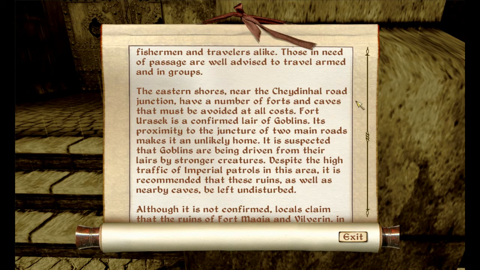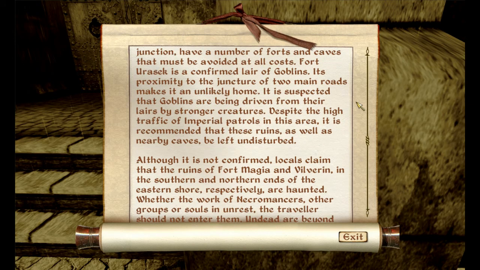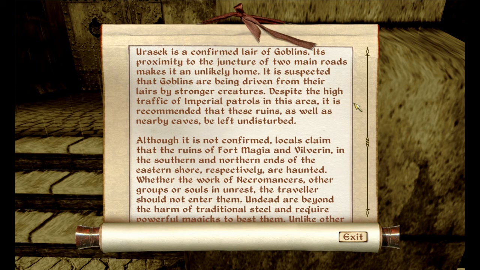The eastern shores near the Tradenhall Road junction have a number of forts and caves that must be avoided at all costs. Fort Urasek is a confirmed lair of goblins. Its proximity to the juncture of two main roads makes it an unlikely home. It is suspected that goblins are being driven from their lairs by stronger creatures. Despite the high traffic of Imperial patrols in this area, it is recommended that these ruins...